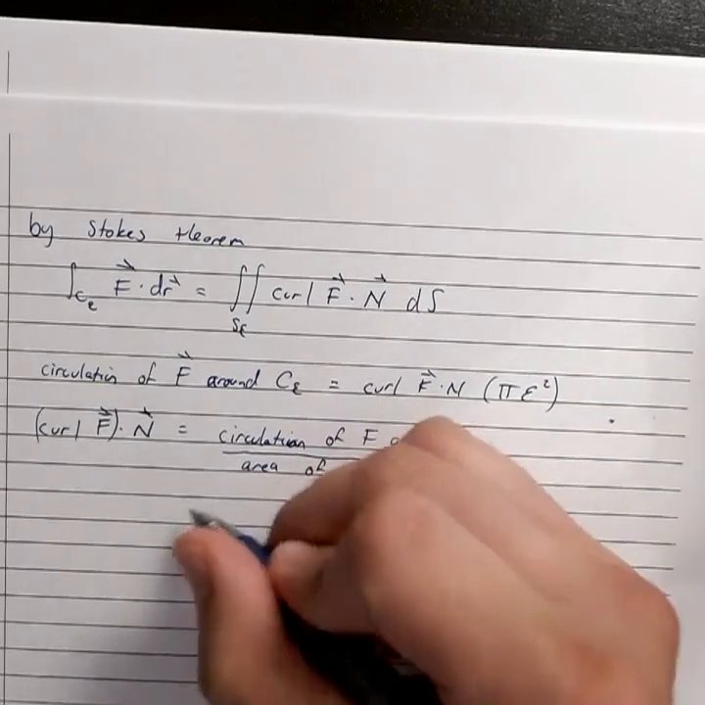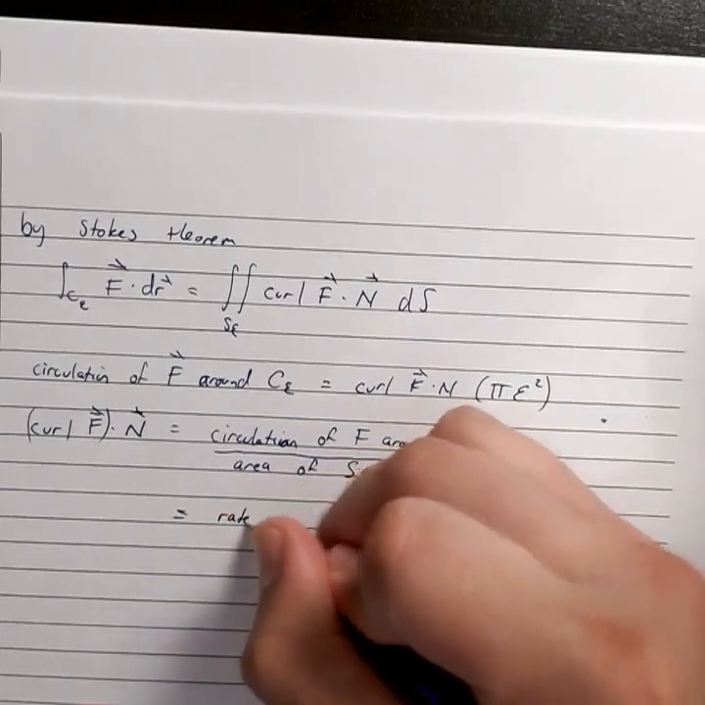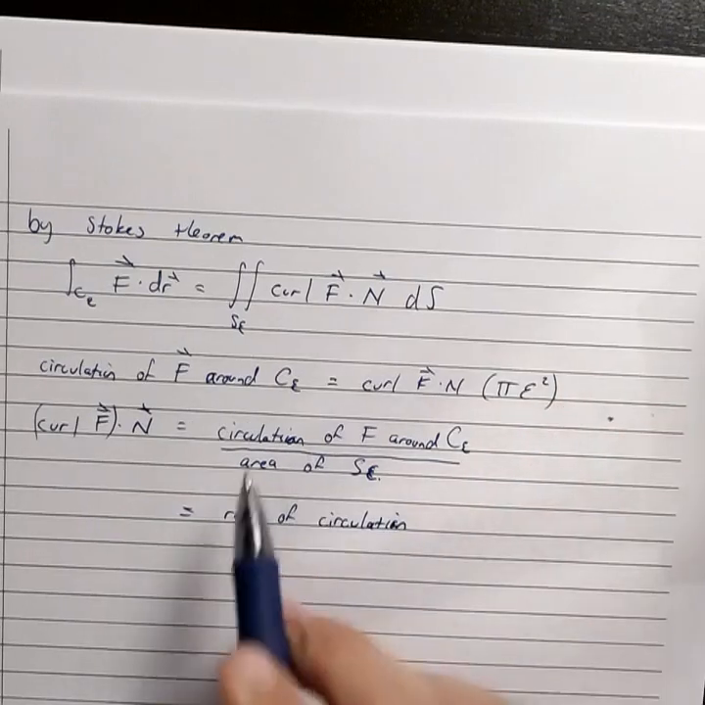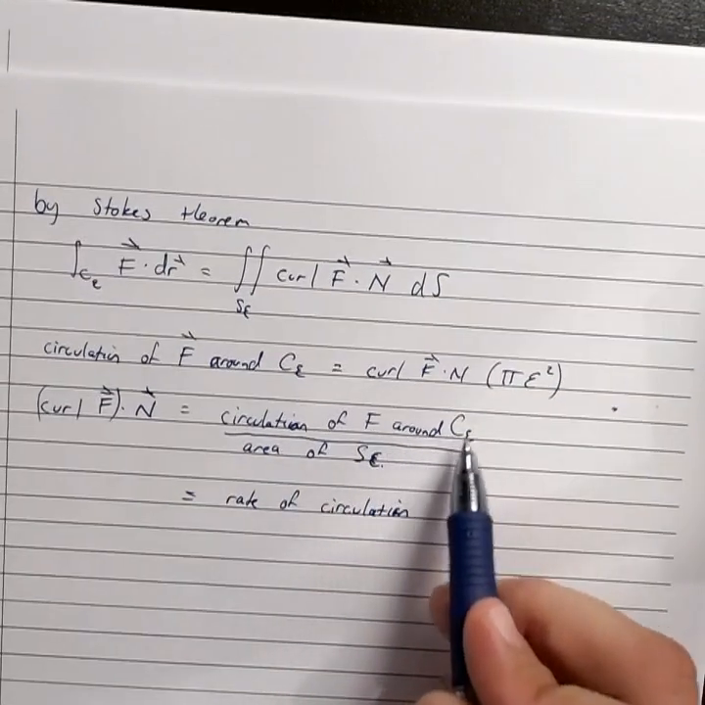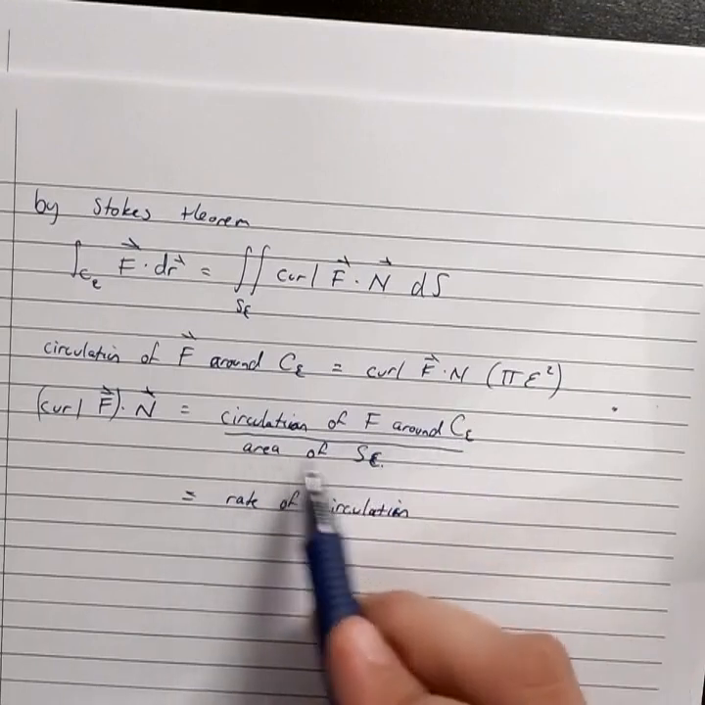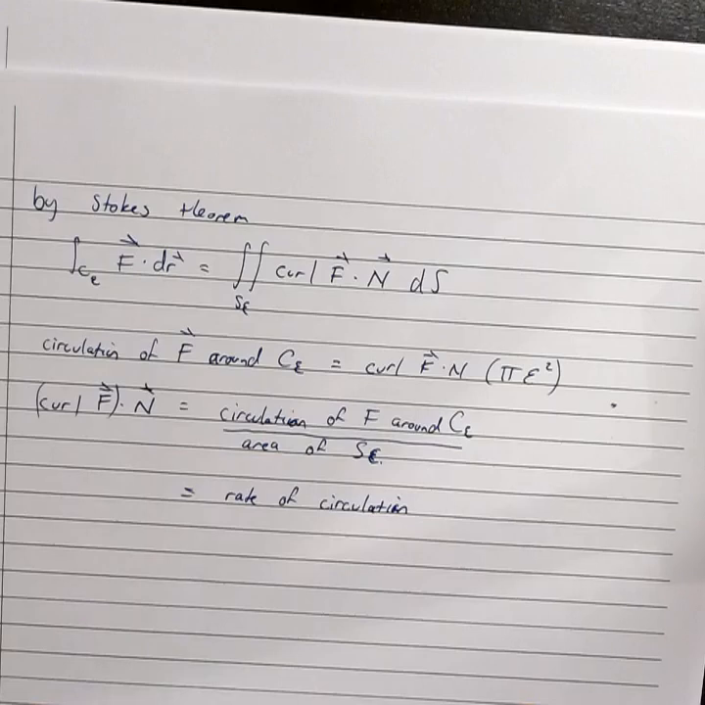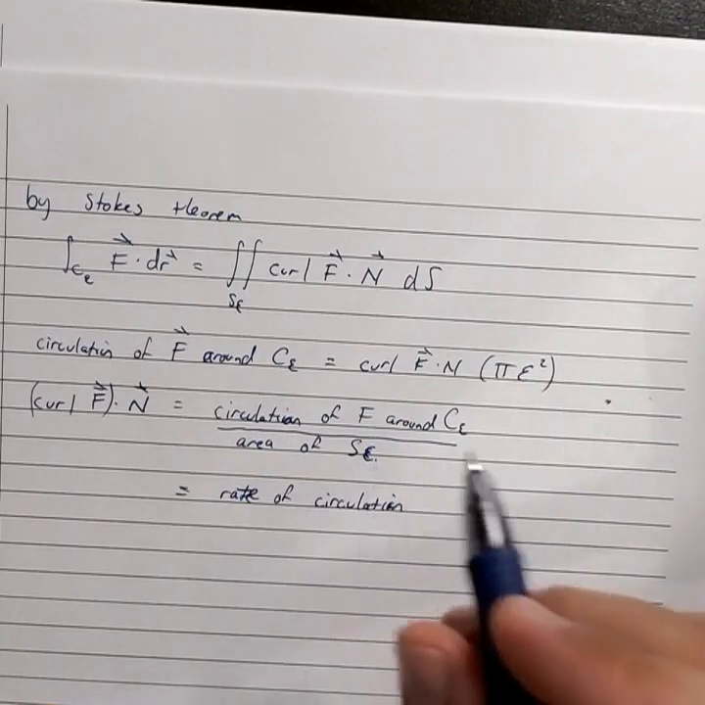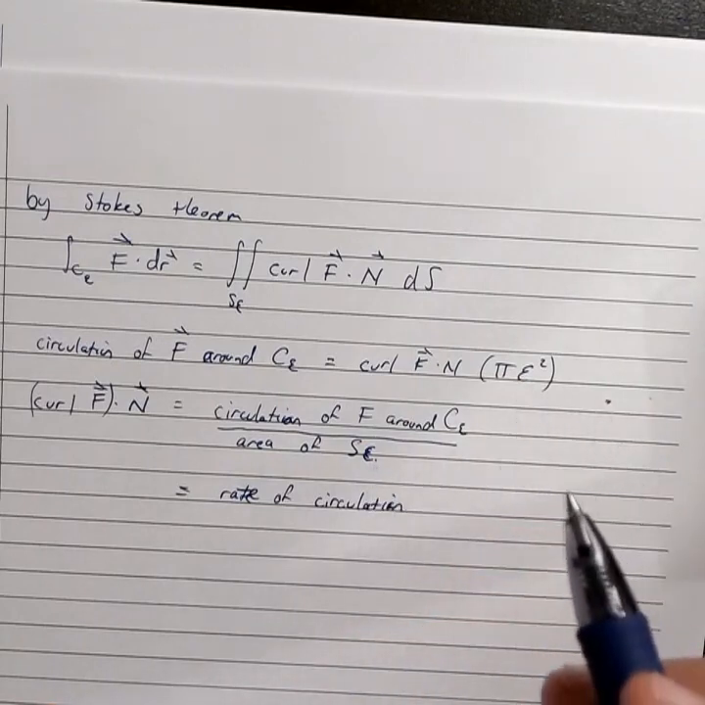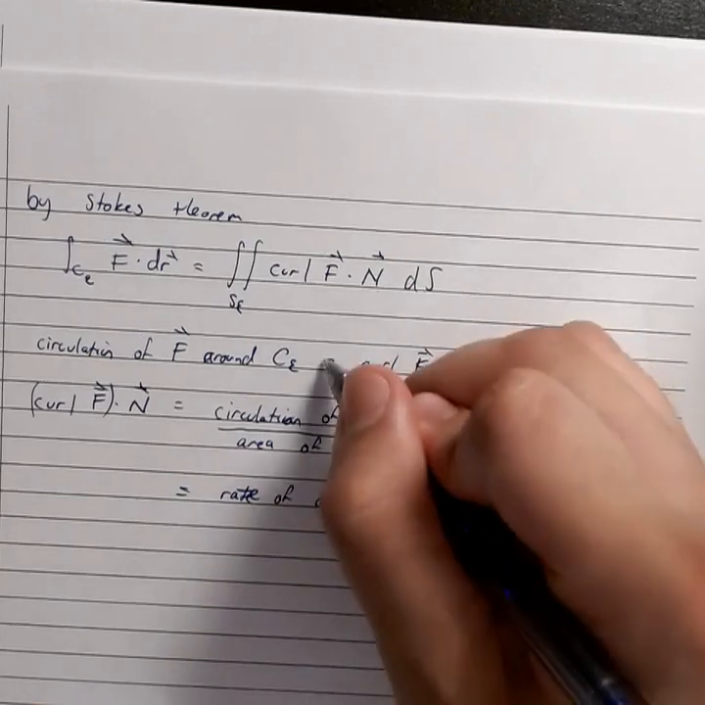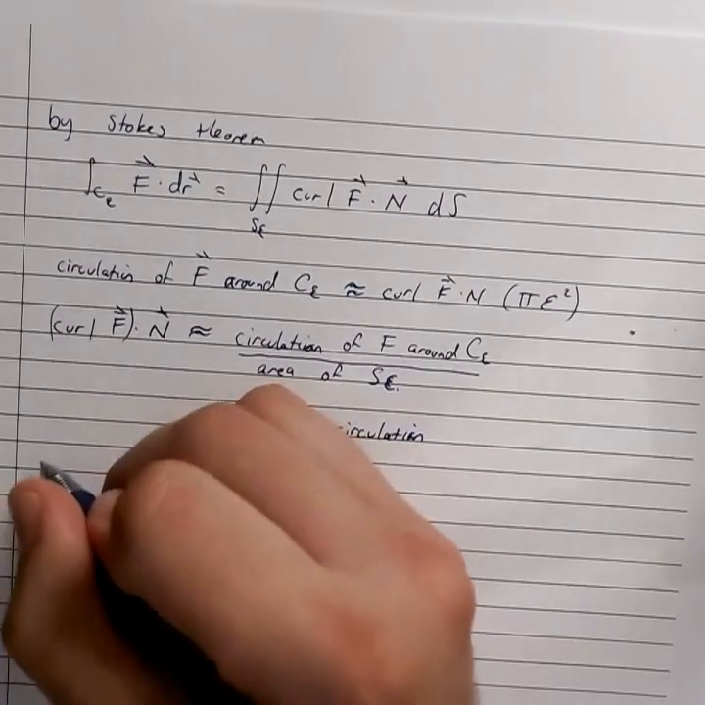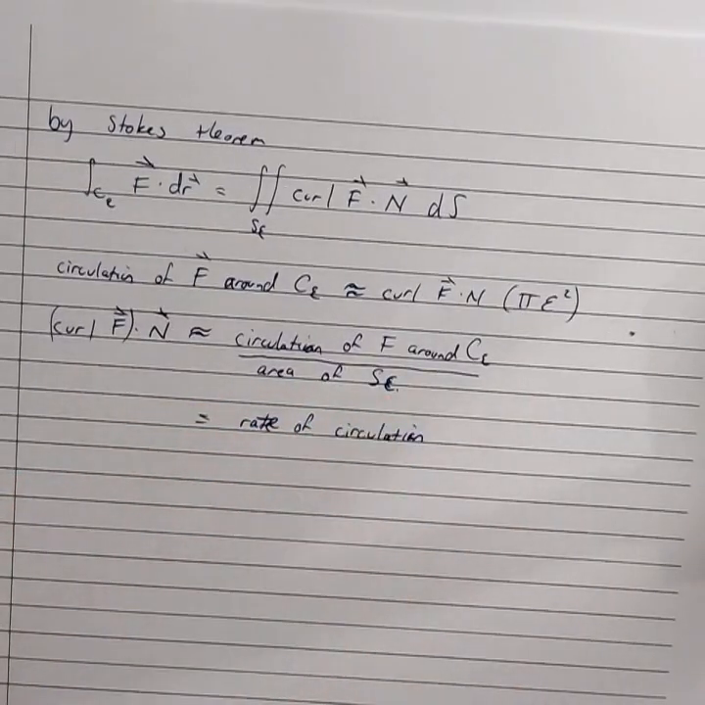In physics, this is called the rate of circulation. The tendency for your vectors to go around the outer edge of your circle divided by the area inside your circle. Now keep in mind this all is an approximation, but these approximations can all be made better and better. Here I should write that with a curly equal sign because these are all approximations. But if we now take the limit as epsilon shrinks down to 0, then we can write